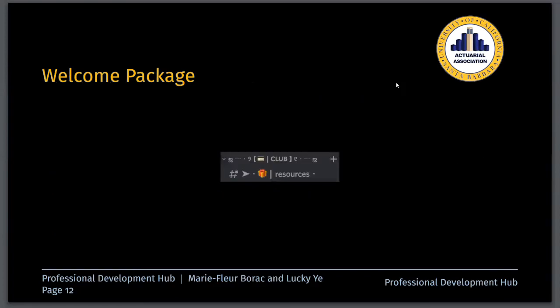On to the next slide. We have the welcome package, and something that we would like to highlight, as we mentioned this a lot, is that club members who pay their fee get access to the welcome package. If you join our Discord server and just submit a ticket, we'll verify your payment and email, and you'll have access to the welcome package on the go, anytime, anywhere, as long as you just open Discord and look in our server. We'll go over the important features of the welcome package that you might not know on the next slide.